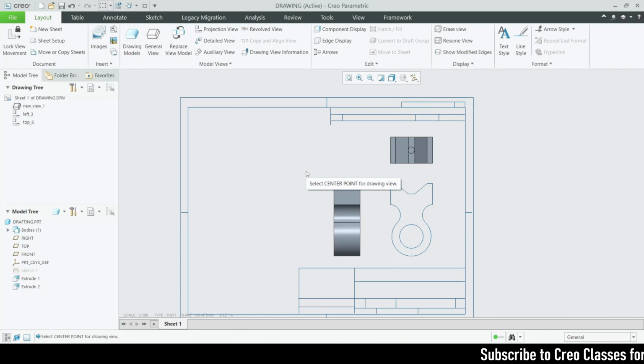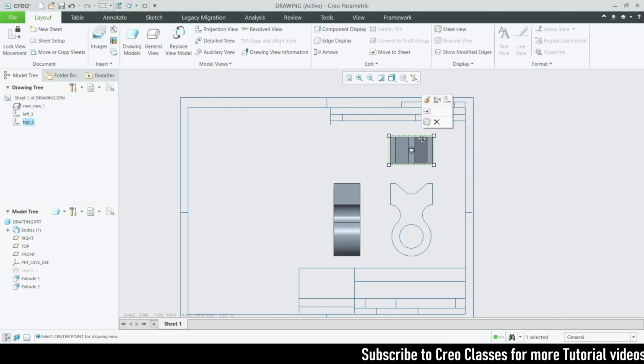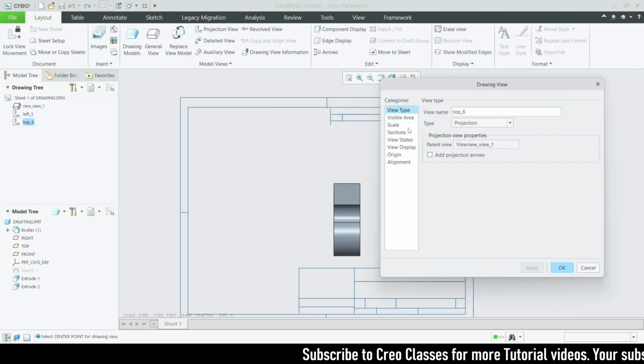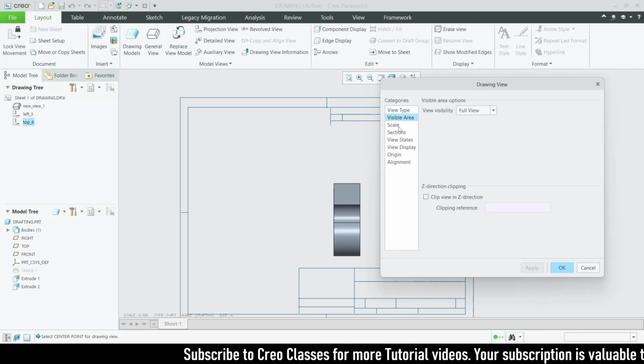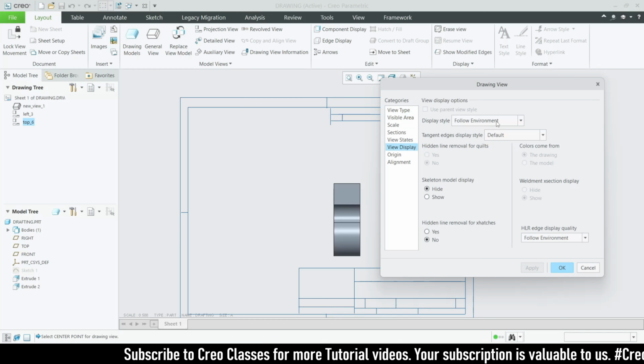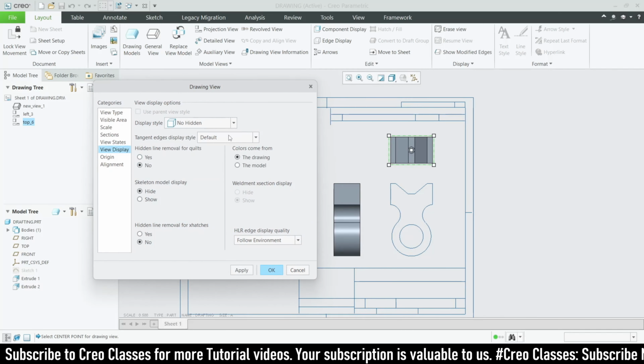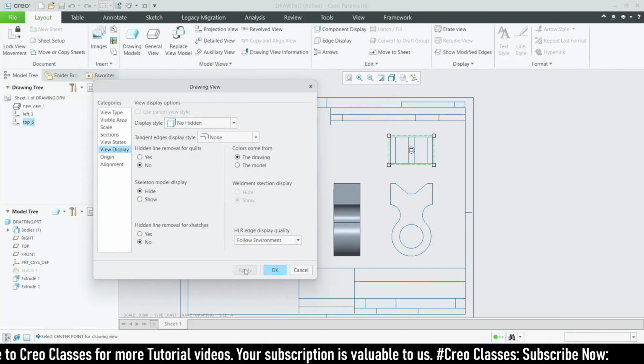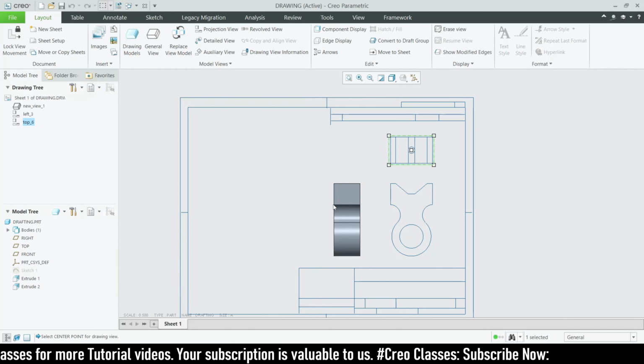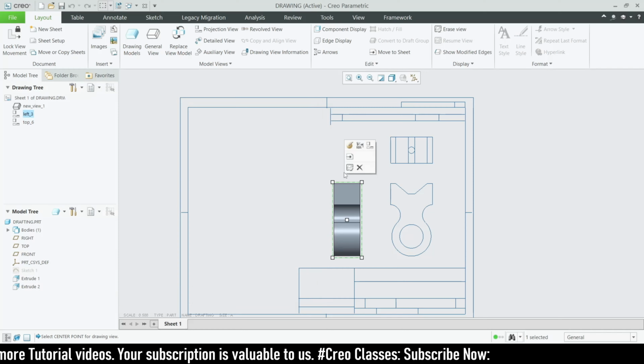So for these two parts also, you need to do the projection view or visible area. You go for view display, and you need to give no hidden, none here, then apply it, then click on OK. Now for the same part also,